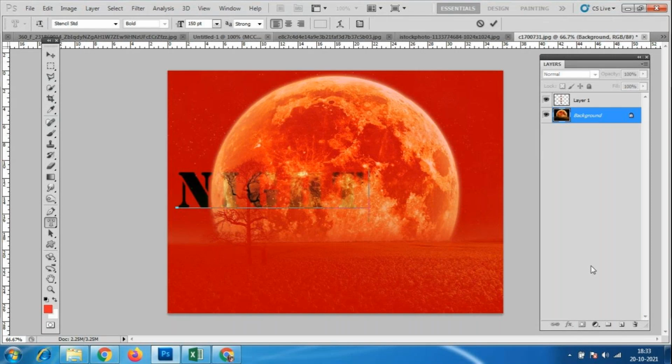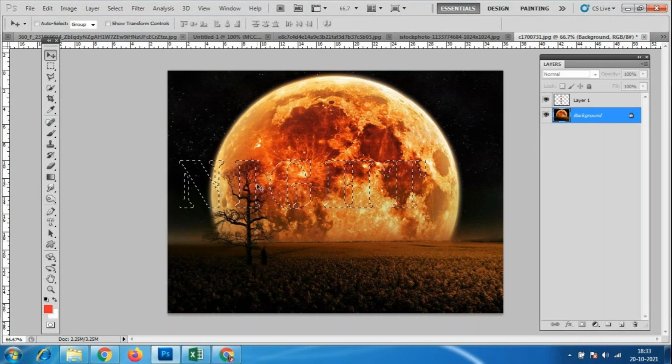You can see it here, however much it is covering, I can increase the size of this. See this kind of text effect, you can see here, and Control J.